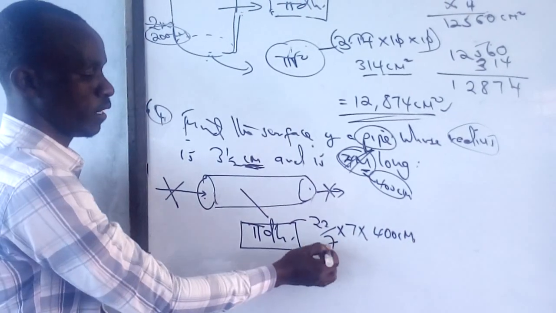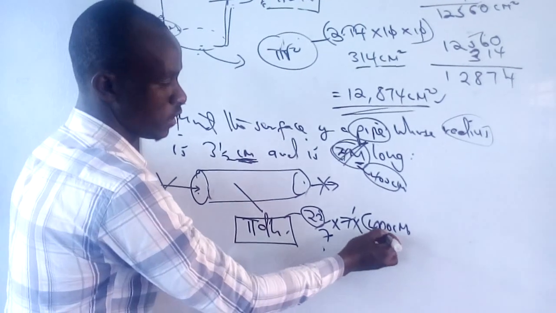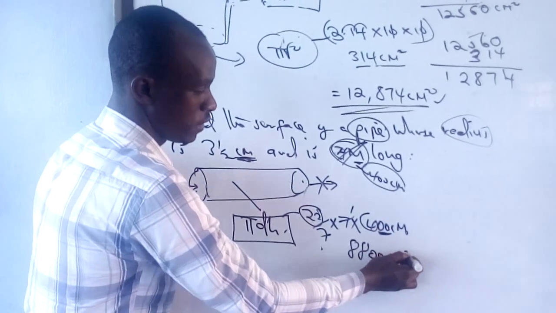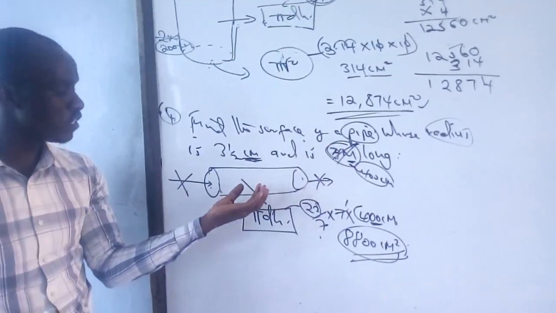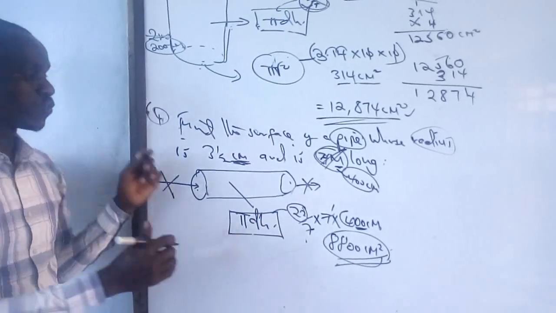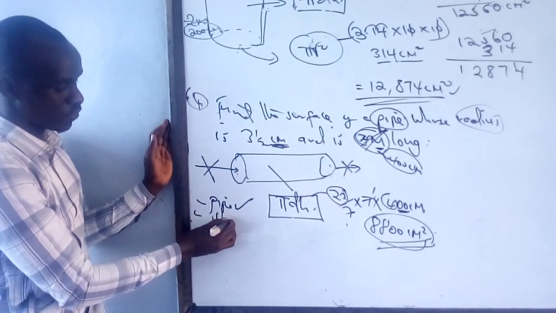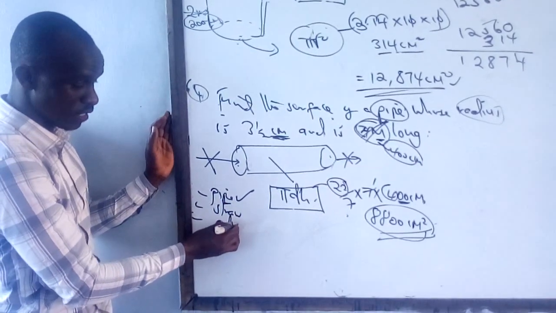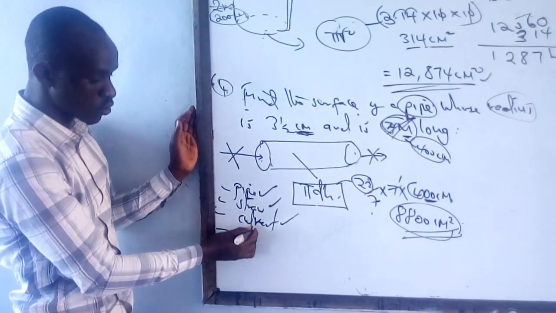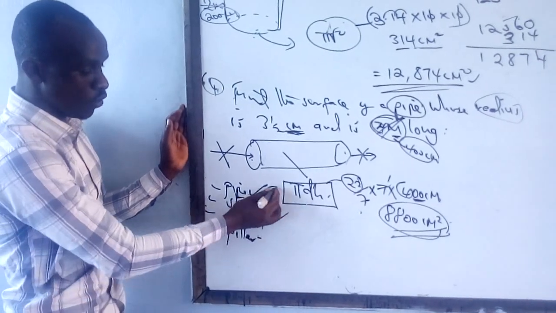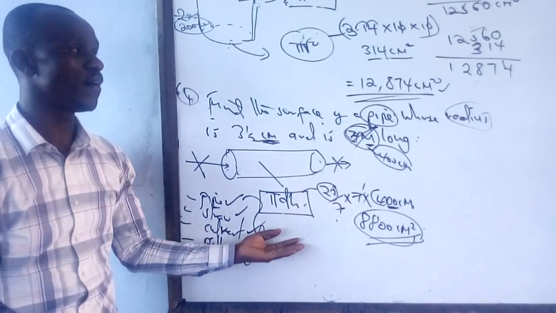Centimeter, centimeter. So 7 by 7, 22 times 4 will give us 88. Then we add in 2 zeros. Then we have this as centimeters squared. So curved surface area is done simply for the curved surface. So all the other ones, we said the pipe, we said we have a straw, we said we have a culvert, if you can remember. We talked of a pillar. All these will be done the same as a pipe, simply calculating the curved surface.